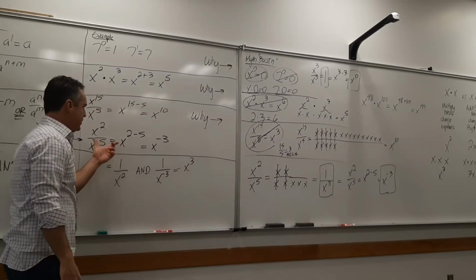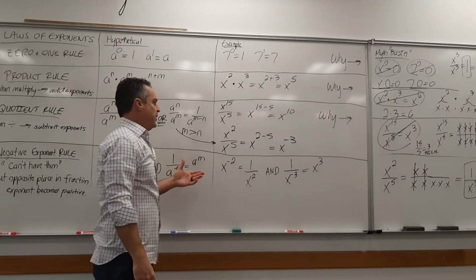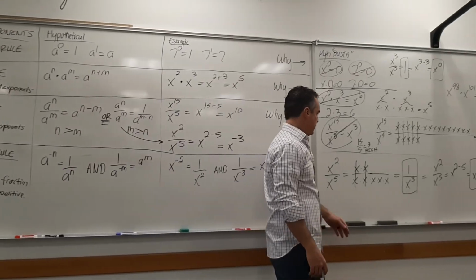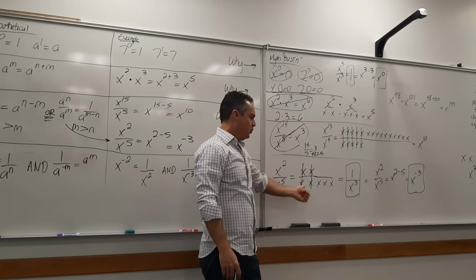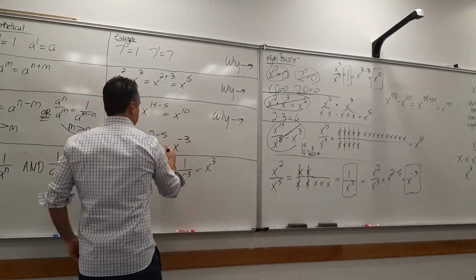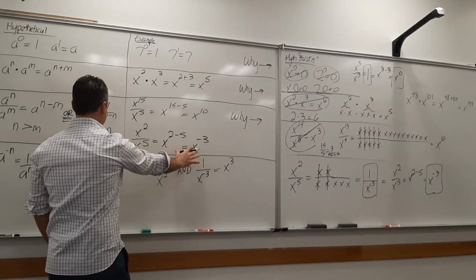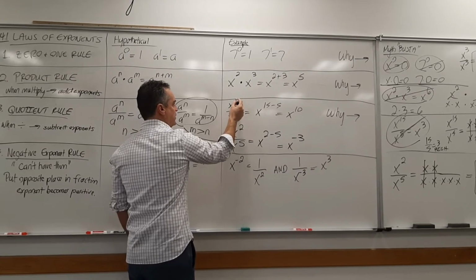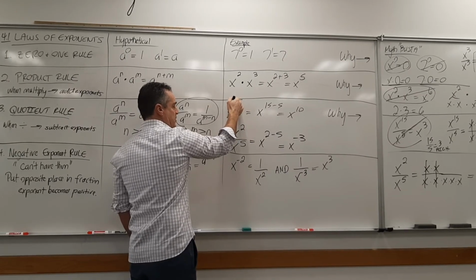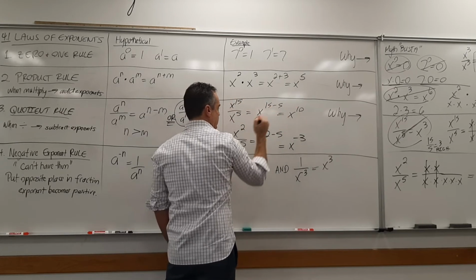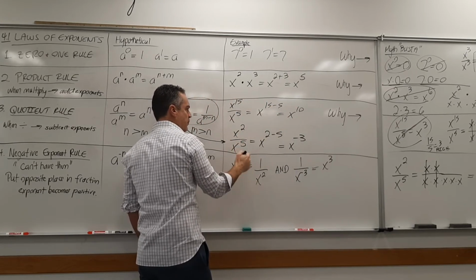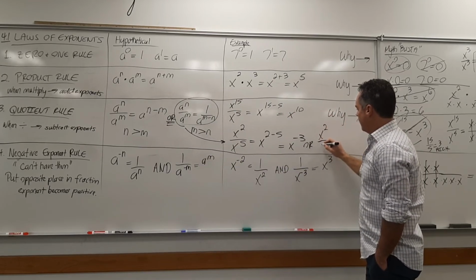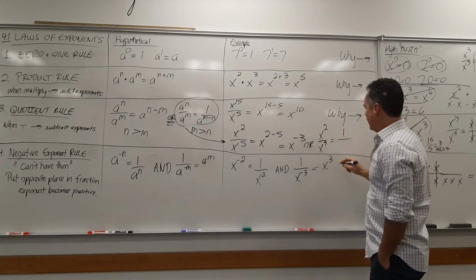Now, coming back to this idea right here. Because we can't have negative exponents, and because we just showed you how we can take x to the second over x to the fifth makes 1 over x to the third, we can take this problem, and instead of doing it this way, making a negative exponent, we can use this kind of thing right here. Notice that 15 is bigger than 5, so we take 15 minus 5, and it stays on top because the top's the one with the bigger number, so that made x to the 10th. But in this instance, the bigger number's on the bottom, and so we could say x to the second over x to the fifth equals 1 over